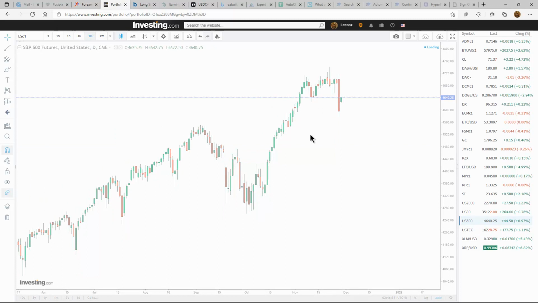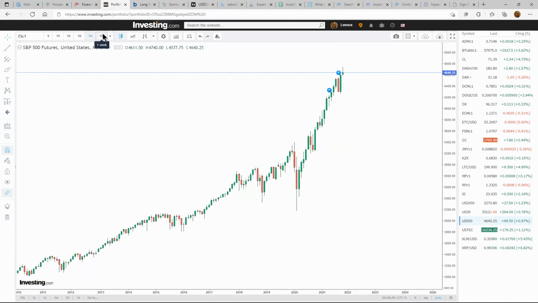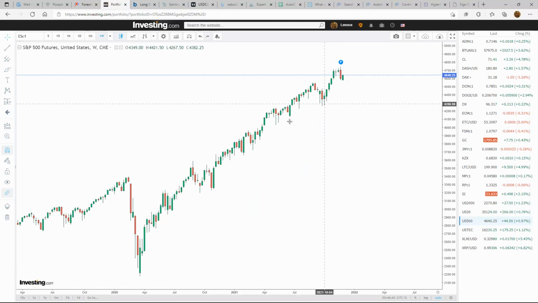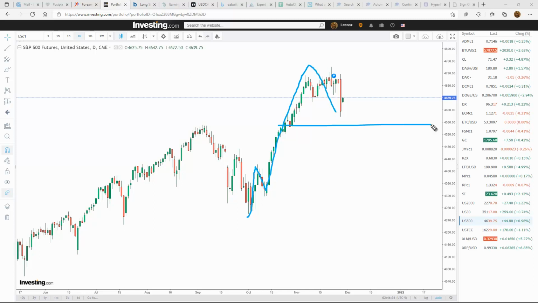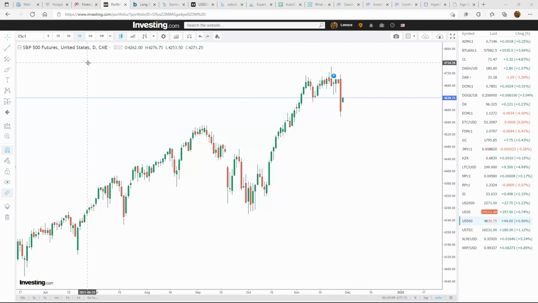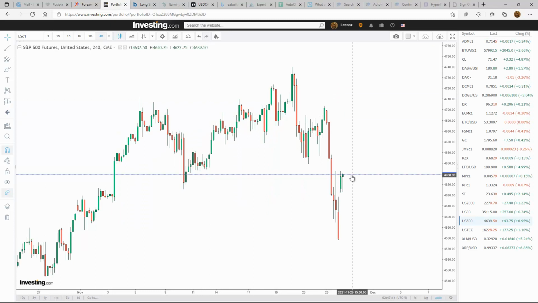On the monthly, big pushes to the upside to new highs, but I've been warning that these candles were getting smaller and smaller, and as we got up there, we could get a turnaround, and sure enough, that's what's happening. And are we done? I don't think we're done, but we're getting a pullback anyway, and we could come all the way back down to this area before we're finished with this move, and then we might get that move back to the upside. So looking for a little bit of weakness, at least to start the week. That's totally possible here. Same type of scenario as the Dow and the Russell 2000.